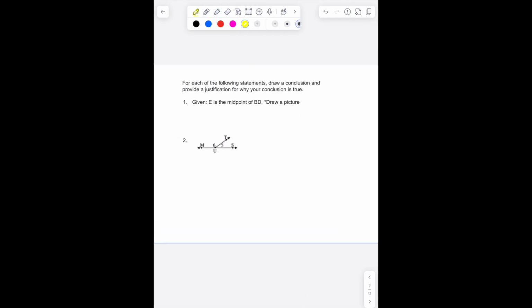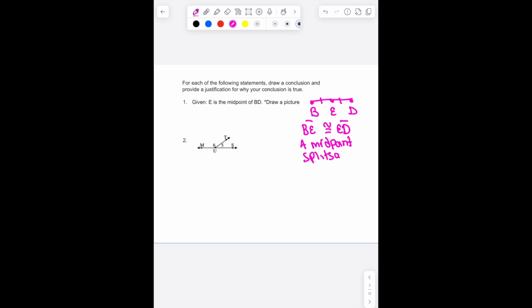Same thing, pause the video and see what conclusions you can draw. For the first one, we're given that E is the midpoint of BD. So this time on our line segment, we do know for certain that E is the midpoint of BD. So we do know it's split into 2 equal parts. So I can say that BE is congruent to ED, and my reason is a midpoint